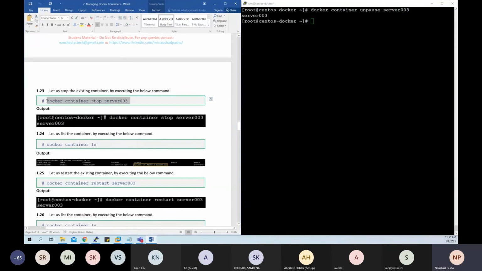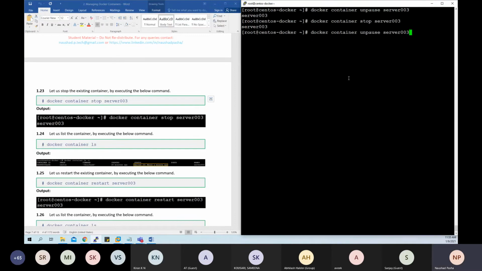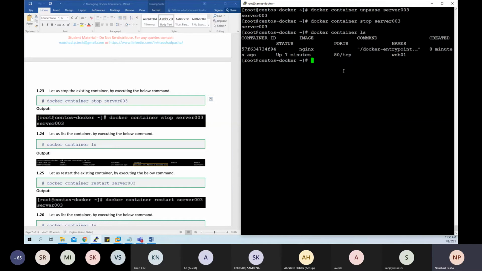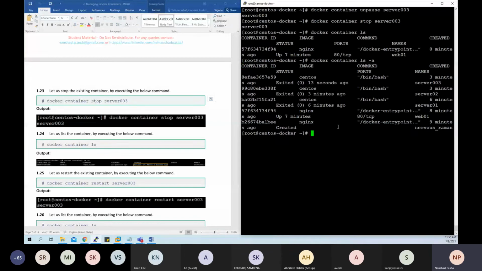We can stop a container. Right. And when you check the status, it says it is stopped. Wait a minute, which container? It will not show in the ls unless we use what? -a. The server003 container is now in the exited state, but the exit code is what? 0.